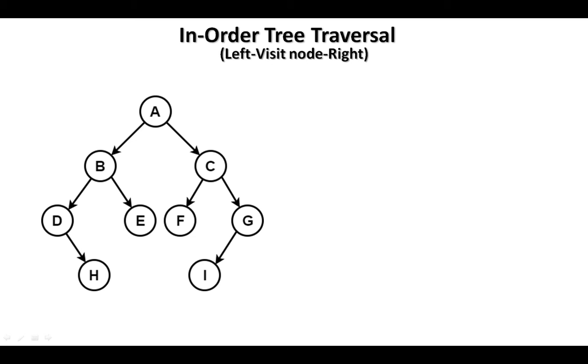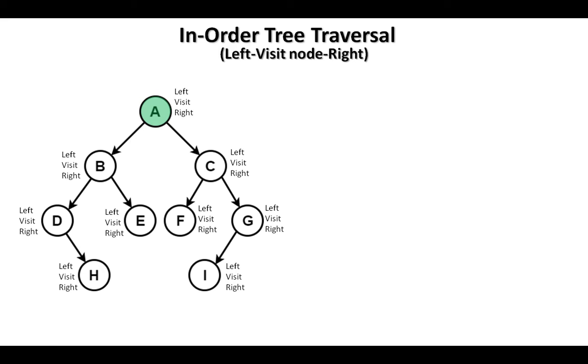Here we use the tree from the pre-order video so you can see how in-order traversal differs. For each node, I list down the steps so you can easily follow the process. When we visit the node, we will simply print it, and when we complete any step of the list for any node, we mark it with a cross sign.